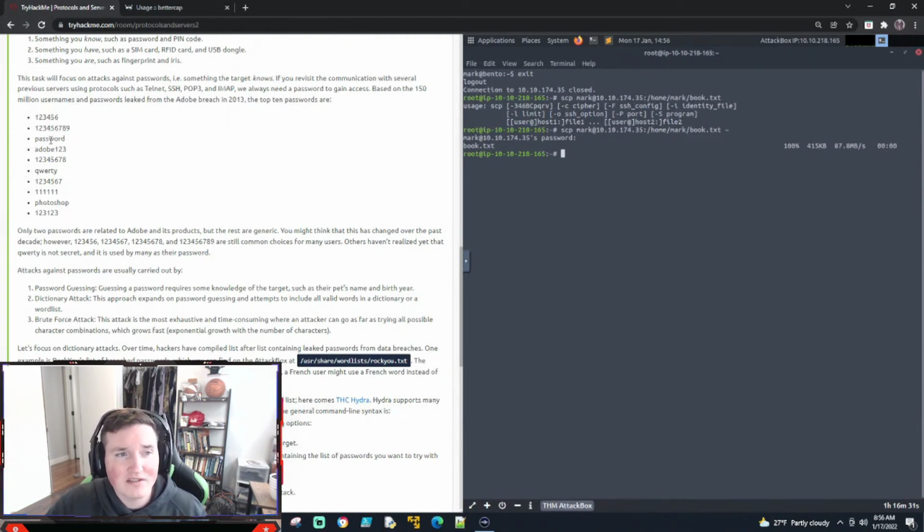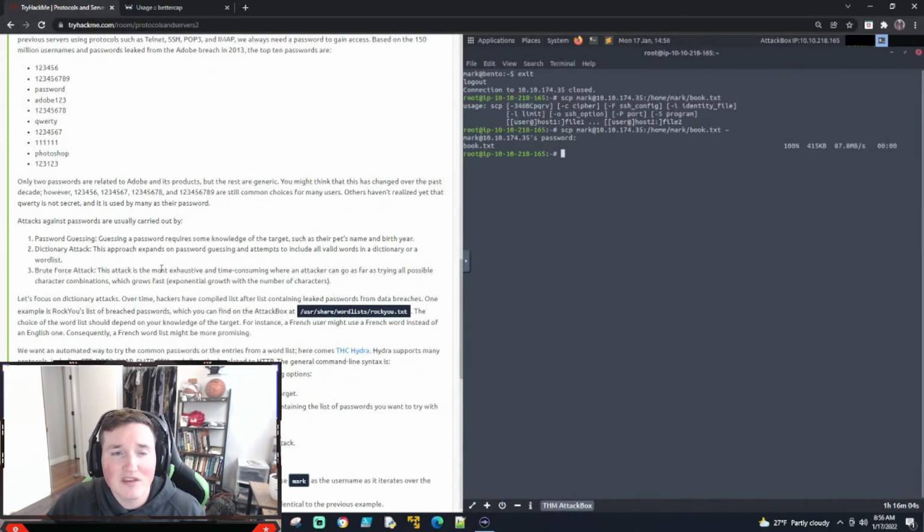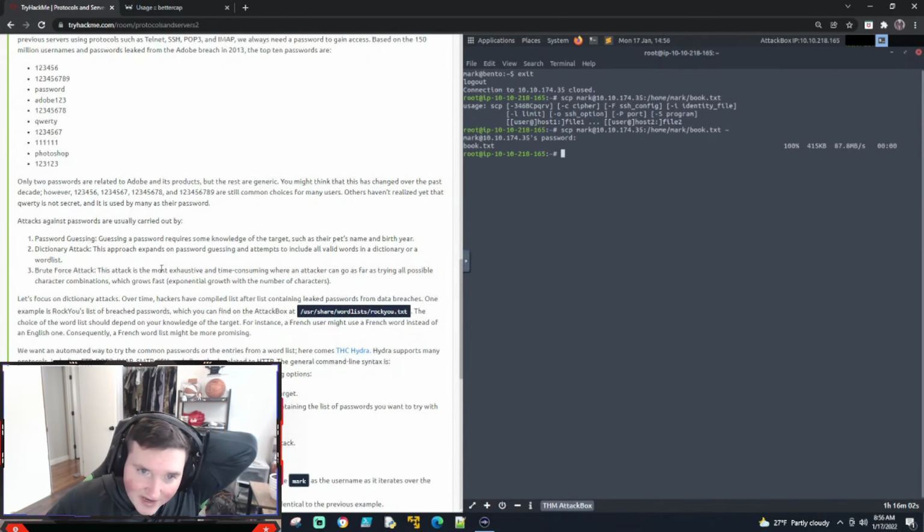Password's the third, and you'd think with today's world and how things are going, this would change. A lot of people would think that, but I'm telling you, being in the industry, it's not changing. You can force people to add different characters to their passwords and stuff like that, but instead it's just going to be 123456 exclamation point, something like that, right? If they're not getting more complex, people are just dealing with what's required, okay?